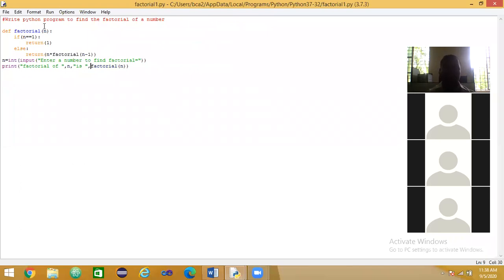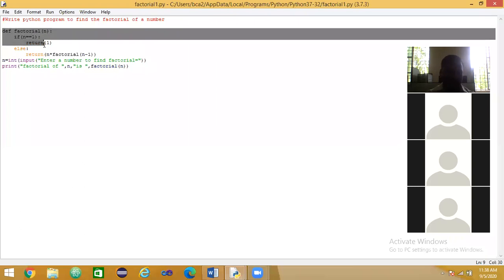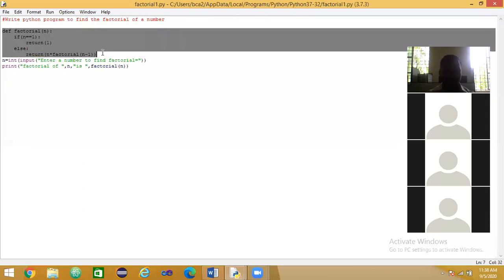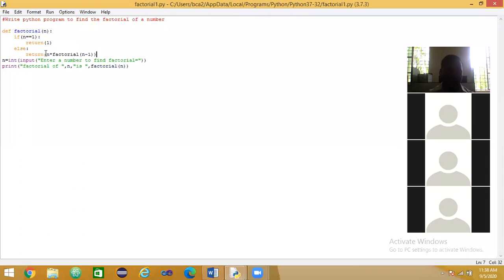Okay. See here, this is the function definition. Actually recursion happens here in the else part. The definition of factorial is the product of all integers from 1 to itself.